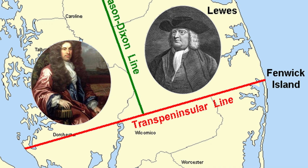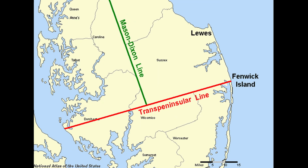The story begins with a dispute between the Maryland and Delaware colonies. Charles Calvert of Maryland commissioned a map that originally showed Cape Henlopen at Fenwick Island. Realizing his mistake, because this would have decreased the size of Maryland and given more land to the Delaware colony, he tried to have the map he accepted retracted from official proceedings in court. If Calvert would have succeeded, Delaware would have been about 1,000 square miles smaller than what it is today, still